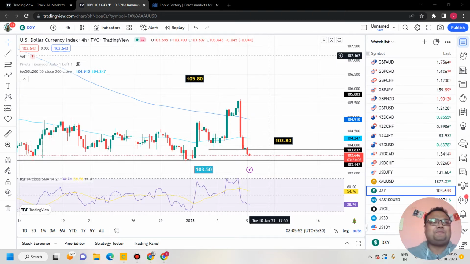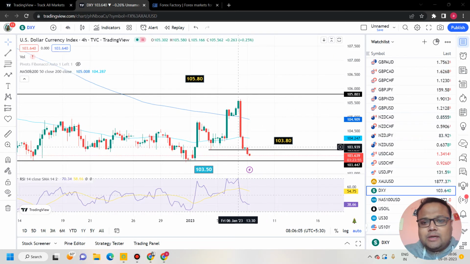So let's get started. The market is open, and after the market opening, we can see DXY going down. The sellers are still dominating the market. The party is still not over for the sellers. When the market closed, the DXY was around 103.90 and right now it is standing at 103.64. My dear friends, if you are looking for detailed analysis, please watch the video that I uploaded on Saturday, because again, I do not want to repeat the same stuff and bore you. So okay, I'll try to keep the video short.